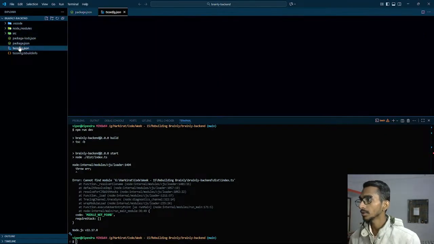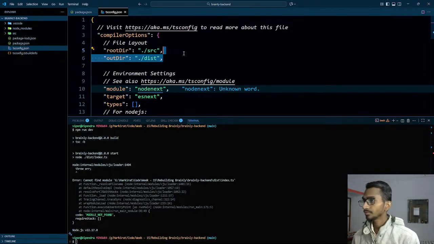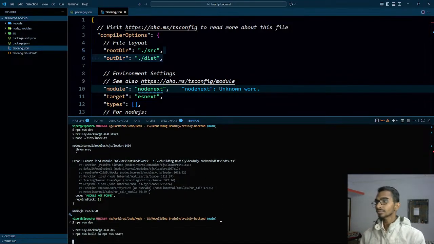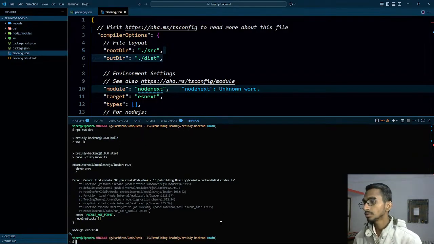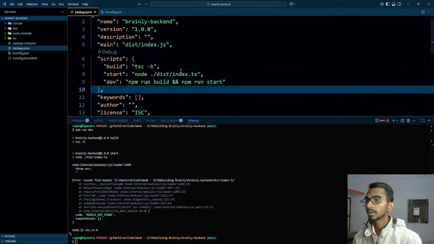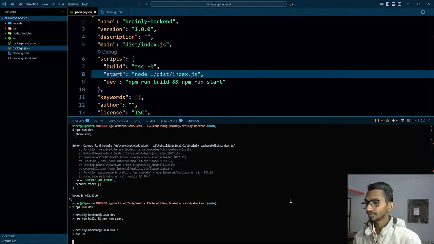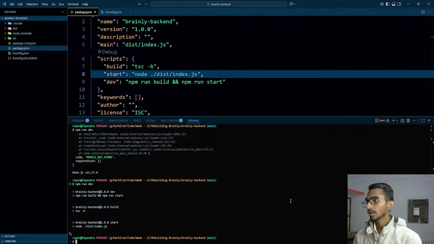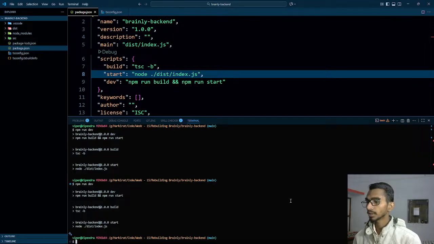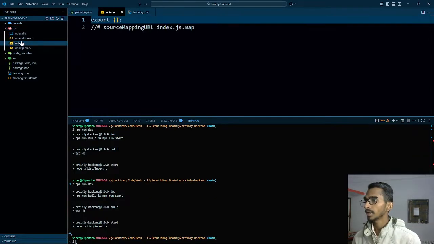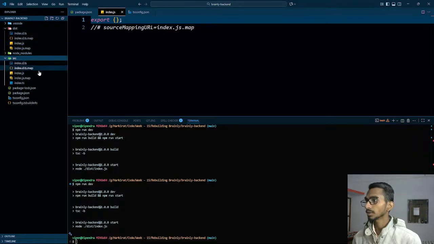It's not being built because these things are uncommented. No. Really? Index.ts. My god, how many mistakes have I made in here? Okay, I'm supposed to be running it. The thing is that there is no index.ts file. There is an index.js file, but there is nothing inside that, so that is why nothing's working. So that's bad.